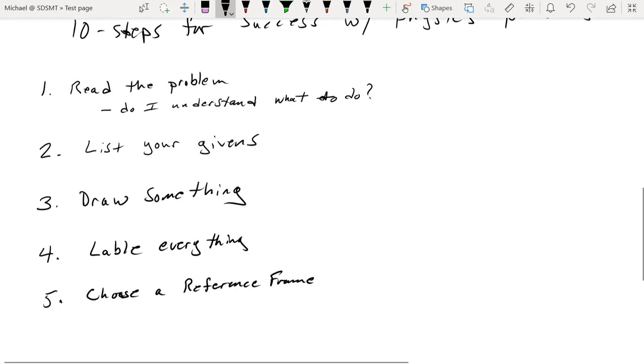And I can agree with that to a point. It's very important that you have the reference frame there so that you know what the positive and negative directions are. But there are also some benefits to waiting until you can see the full picture laid out in front